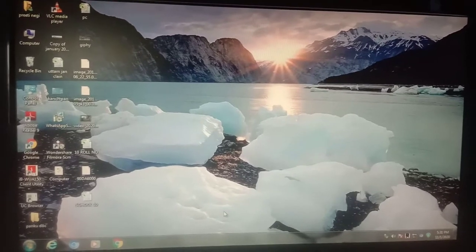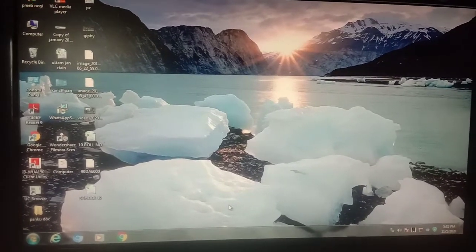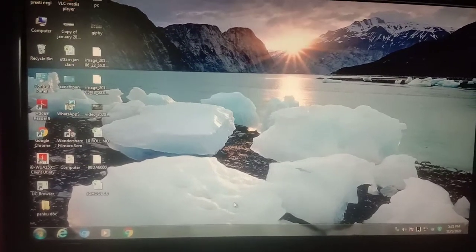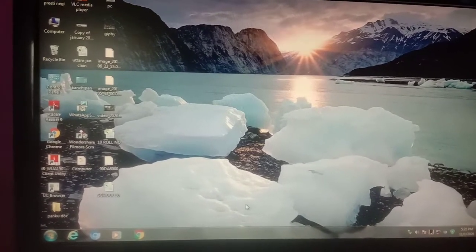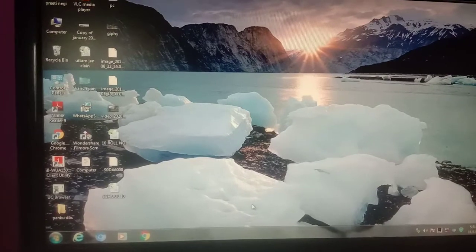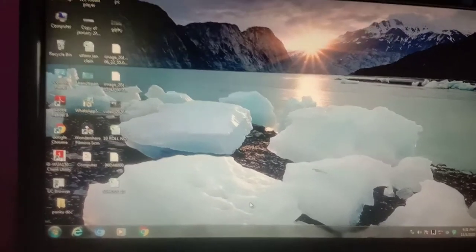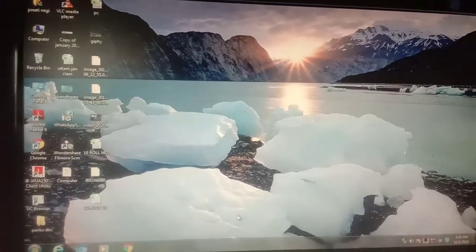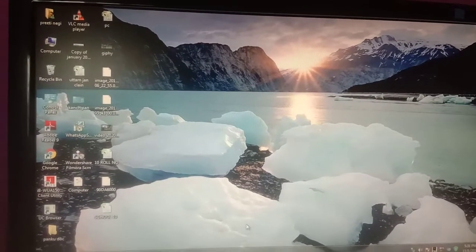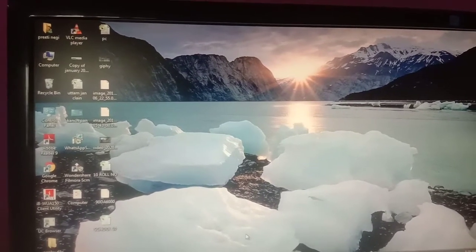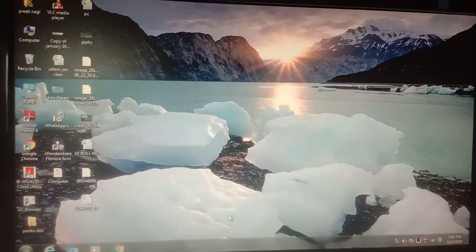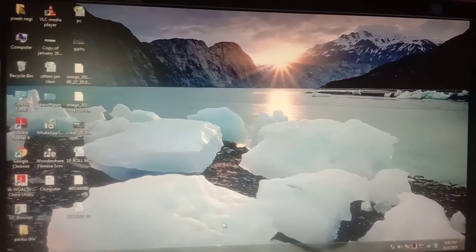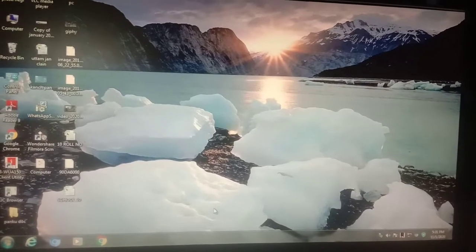You can insert action buttons, so that when you click on the button, your next slide will come automatically. It means buttons for next, buttons for previous, a button for playing a movie, and a button for playing sound. You can add these things in your presentation. So let's start with this.